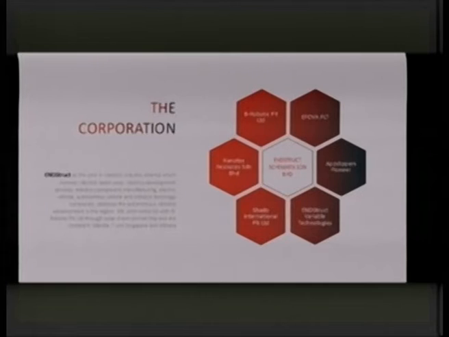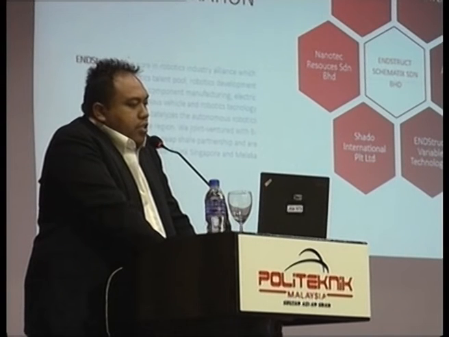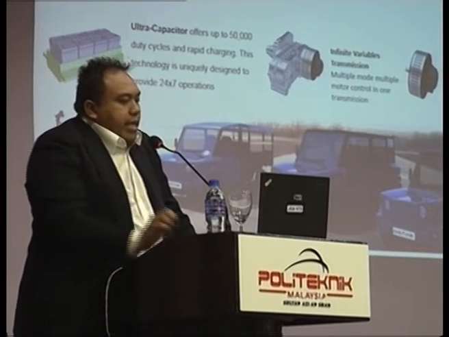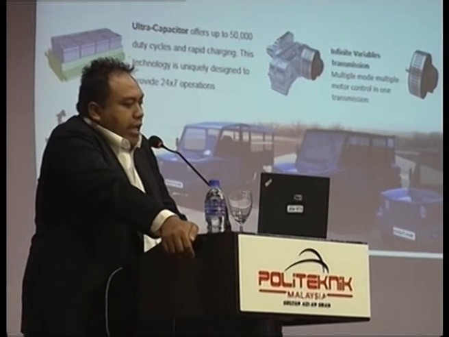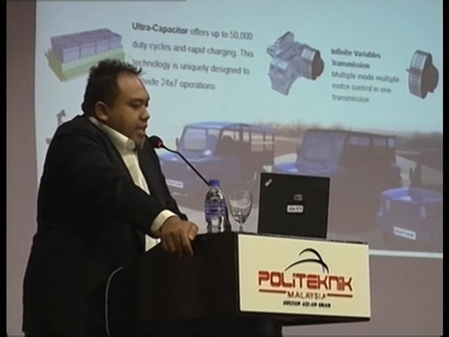And under Shadow International is B Robotics. So B Robotics is a division, a child company that focuses on making this EV intelligent. So ENDSTRUCT is a JV company with B Robotics. So let's see, because we are a pure electric vehicle company, what do we have as our IP. Okay, the first thing